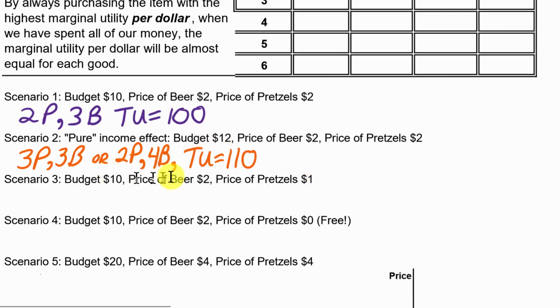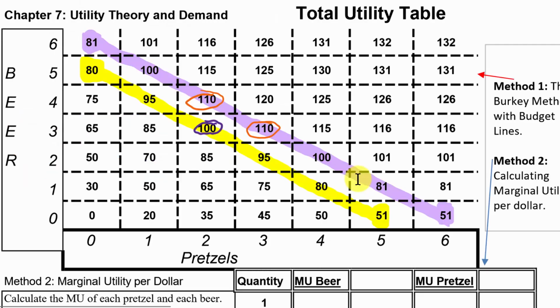All right, so what is this budget line going to look like? Well, if we spend all of our money on beer, we could afford 5. If we spend all of our money on pretzels, we could afford 10. $10 divided by $1. Okay, let's draw this budget line. So let me use green for this budget line. So here's one of the things we could afford here. Now, if we try to go to the other end down here, we don't have 10 pretzels on this graph. Are we stuck? No. We can use the idea of the slope to help us out here.